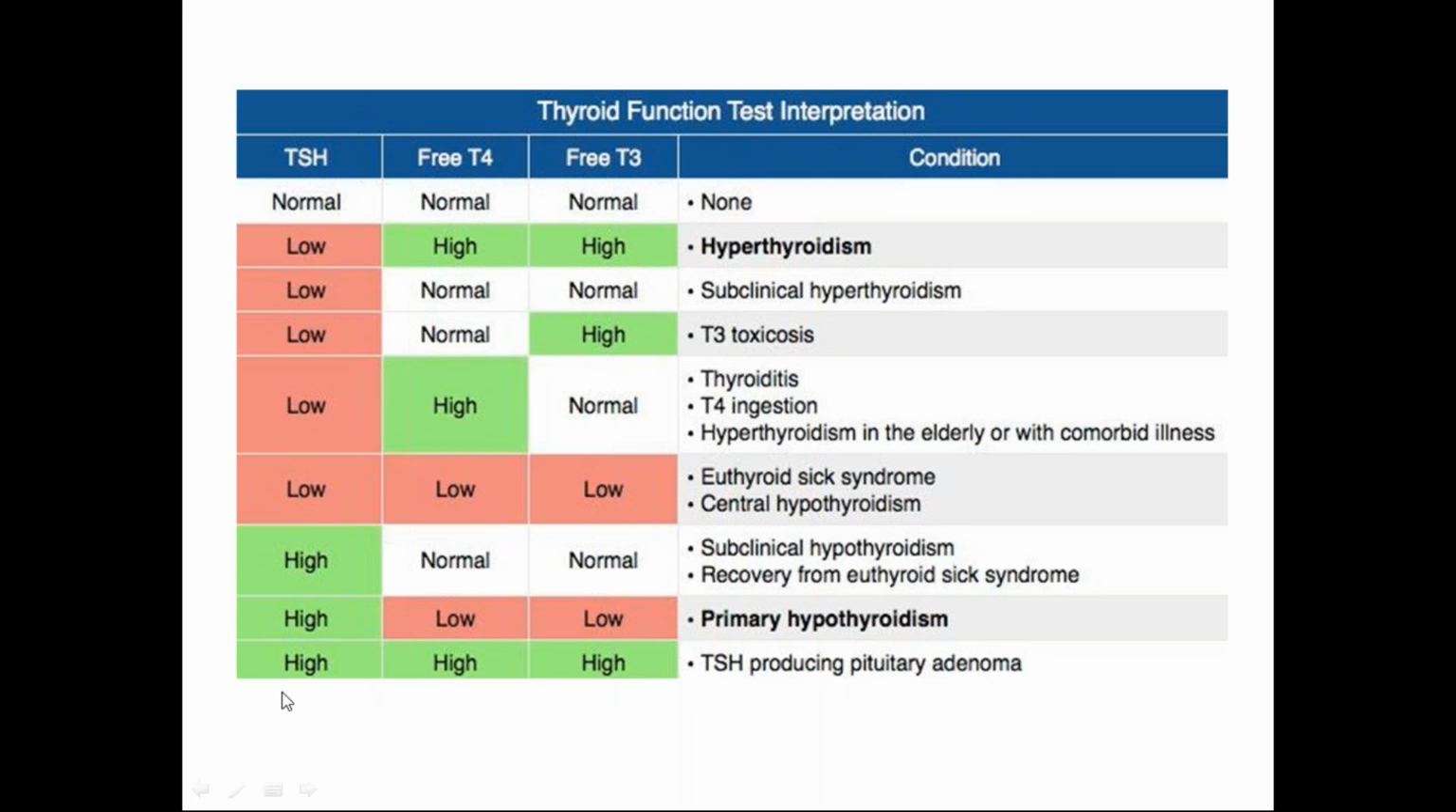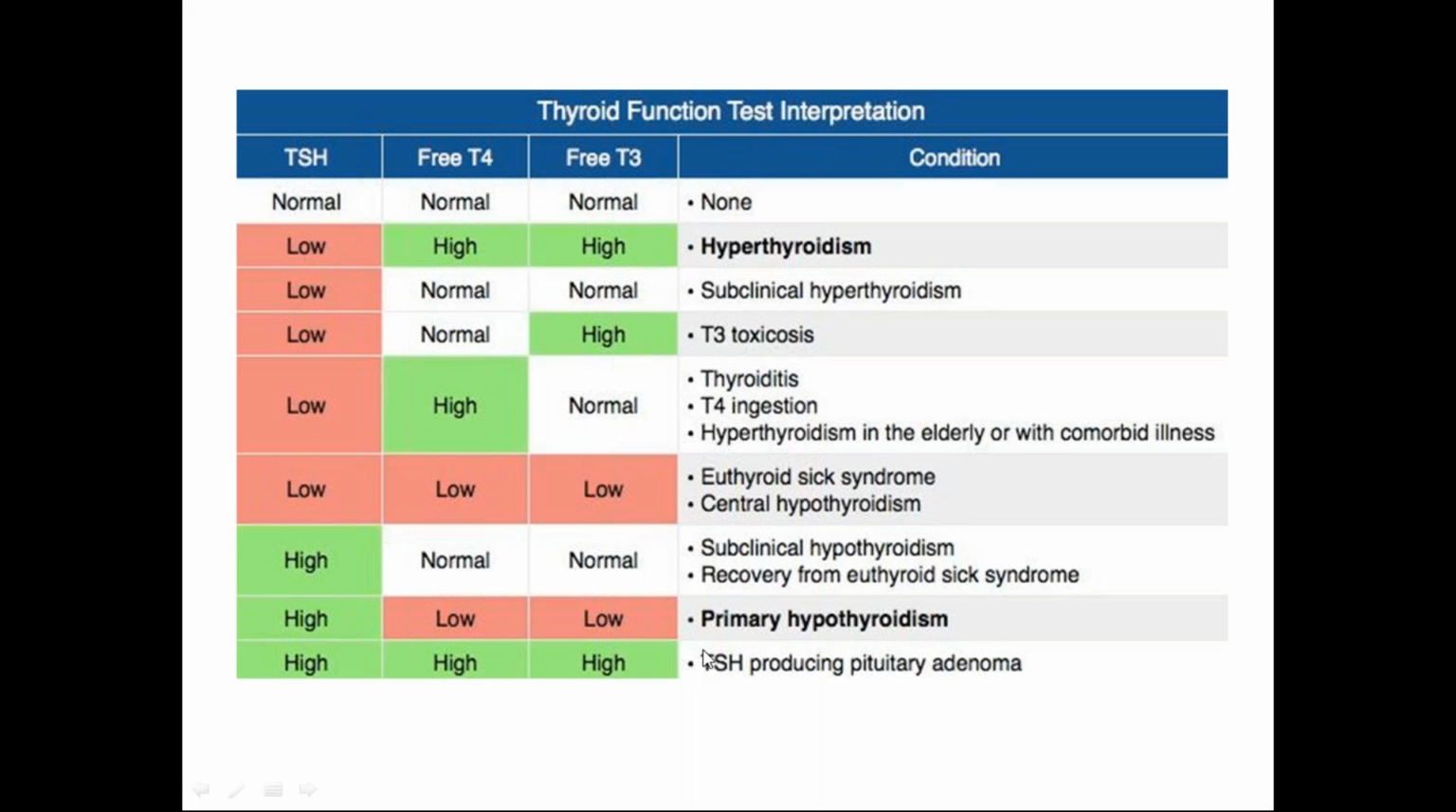Another main cause of hyperthyroidism is TSH producing pituitary adenoma. As we have discussed earlier, as the abnormality is in the pituitary gland, it is producing excessive TSH, and this TSH is causing production of excessive T3 and T4. Whereas the reverse condition,